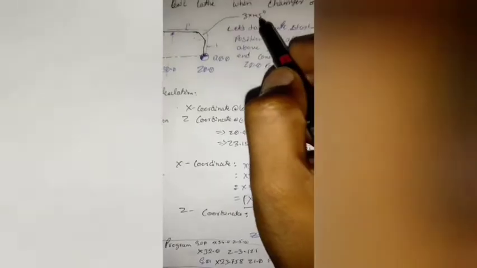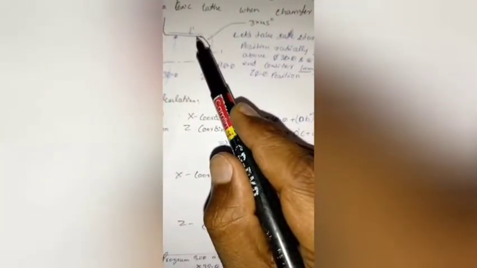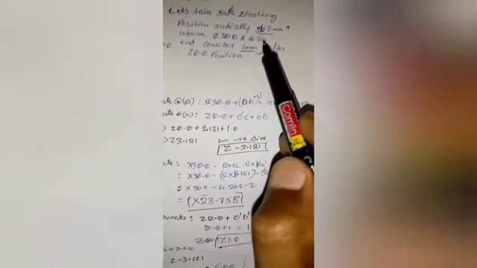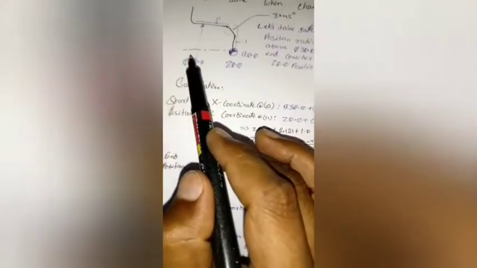So this is the chamfer which has a length of 3 mm. It has an angle of 45 degrees. So here I'll take some assumption. Let us take a safe starting position radially 1 mm above this 30 mm line. So this is the 30 mm line, that means X30.0. So I'll take 1 mm above 30 mm, and at the end I'll consider 1 mm after the Z position. So this is the positive value of the Z. This is the program 0. All the values generated beyond this point will be considered as negative.